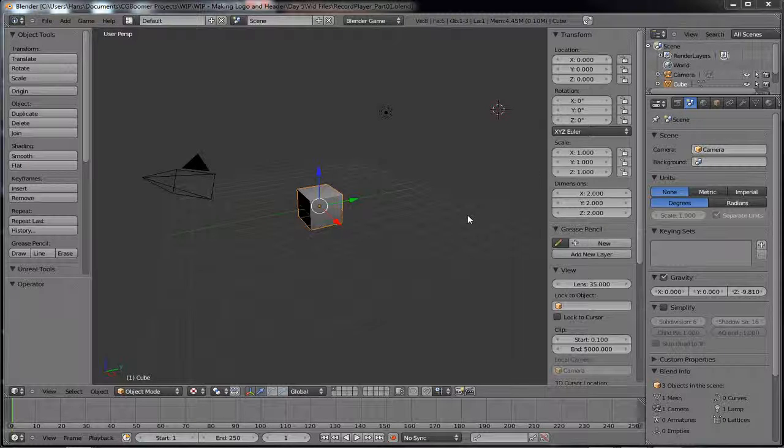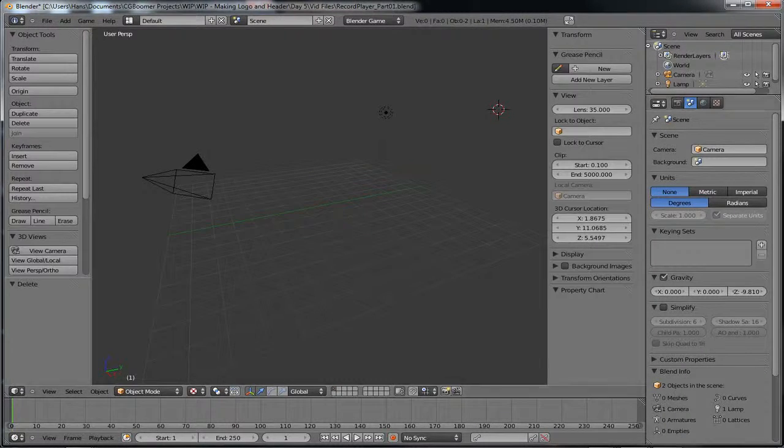So let's go ahead and get started here, and as you can see, I'm at my default scene in Blender, and the first thing we're going to do is, just as every good tutorial starts, we're going to take the default cube and delete it. Now the first things that we need to do to get started is, one, make sure that your cursor is in exactly the center of the field, and you do that with Shift S